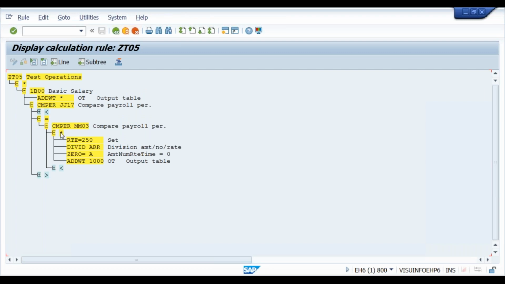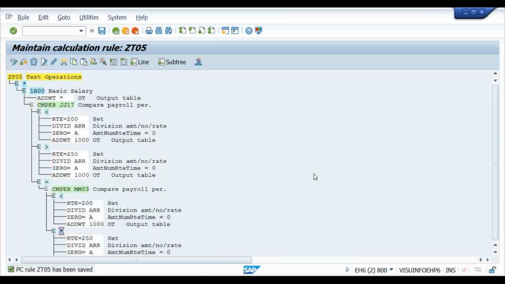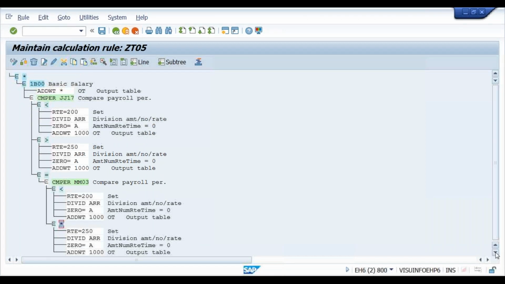It is going to star, equal to. I have not written equal to separately, so it goes to star. Star represents equal to or greater than, so the new rule is applied. So this is one way of doing it. You can take a screenshot of this logic. This is one way of delimiting the rule.